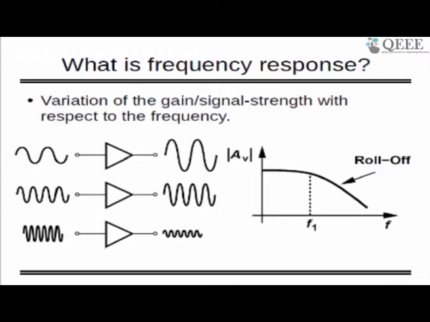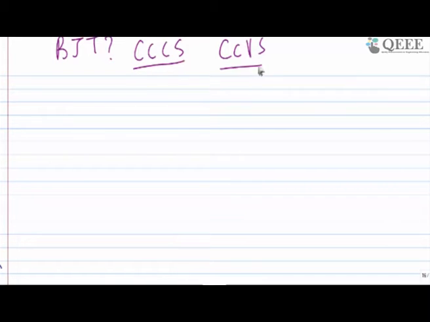So let's start with the frequency response because it's a very important topic, and there are lots of remedies and lots of understanding. Okay, one person asked this question long back: is the BJT a CCCS or a CCVS? If you Google search it, you'll find some people saying it's CCCS, some people saying CCVS. Look, I am in favor of both. It depends on how you are looking at the model.